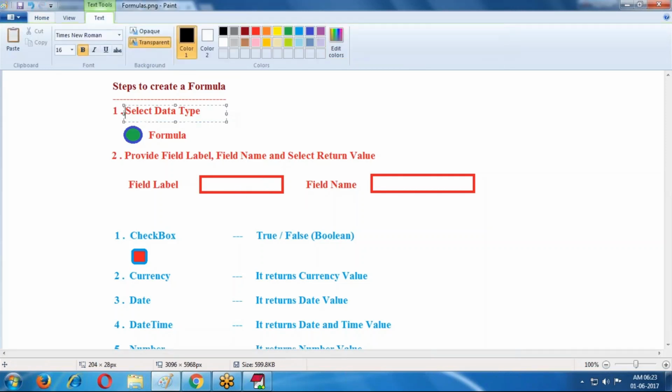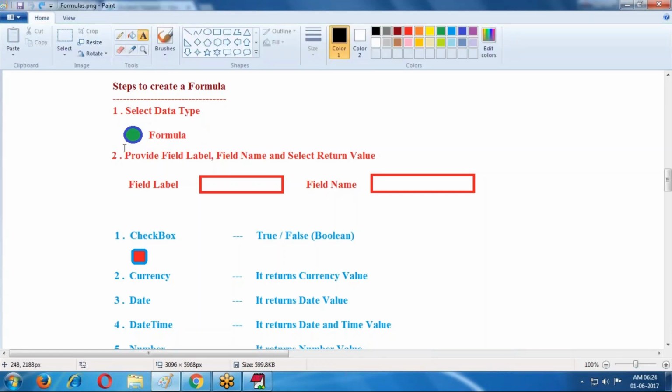First step is the data type. Whenever we are creating any formula, a data type is required. What type of data are you storing? For this we use the data type, selecting the formula data type. Second, provide the field label name and return value.